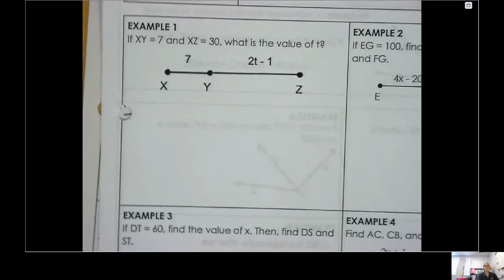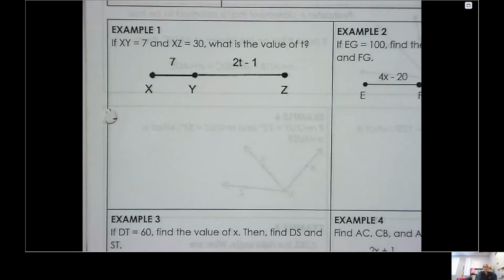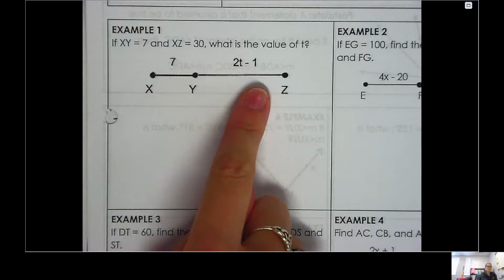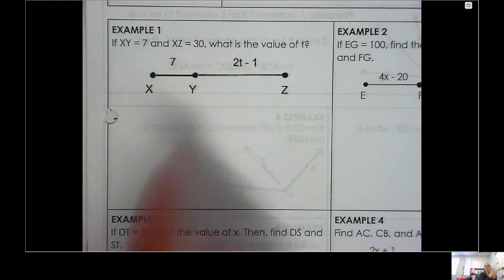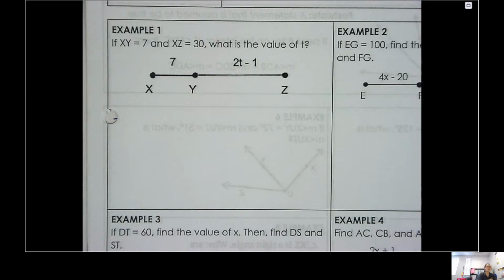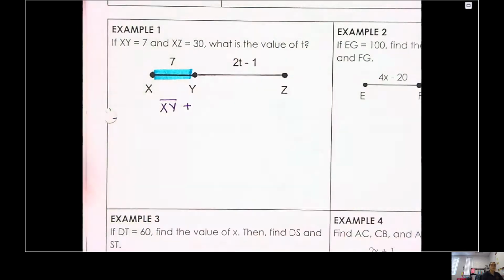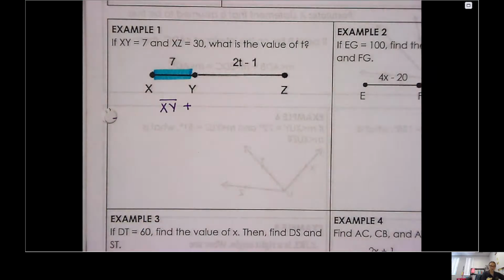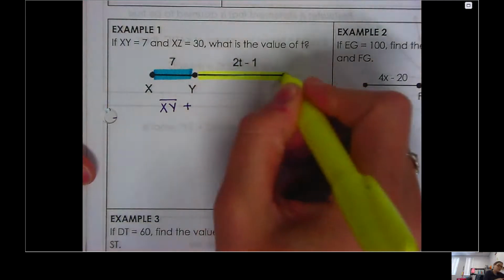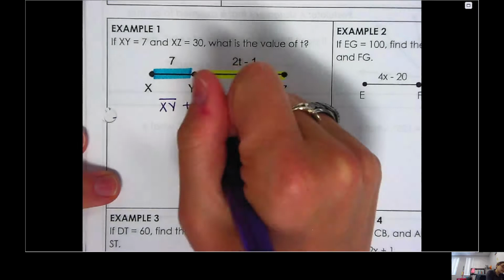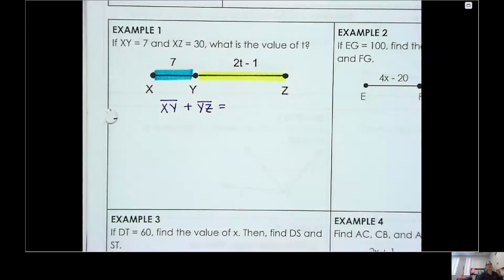Example 1. If XY equals 7 and XZ equals 30, what is the value of t? So notice I've got 2 segments, one smaller than the other. And I'm going to add the 2 segments together to get the whole thing. So what is the name of my first segment? XY. So here's piece 1, XY, plus, what's the second segment? YZ. I'm going to add those 2 together, XY plus YZ, and I should get the whole segment, which is